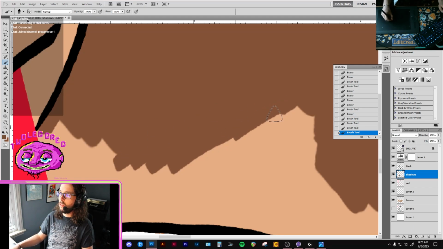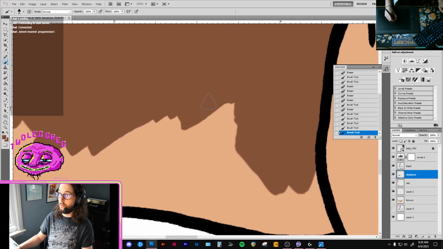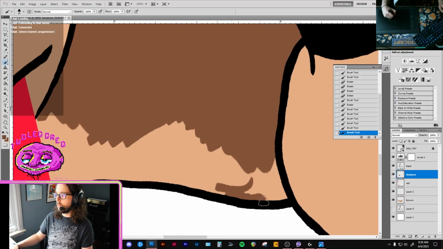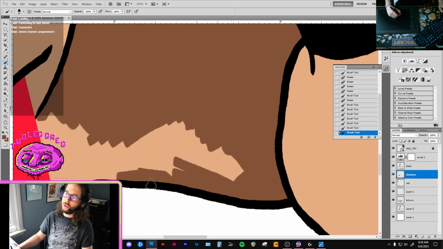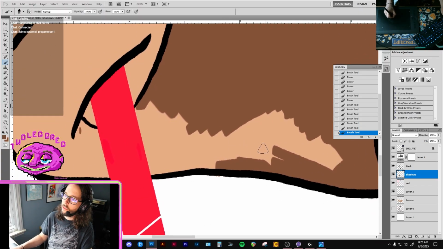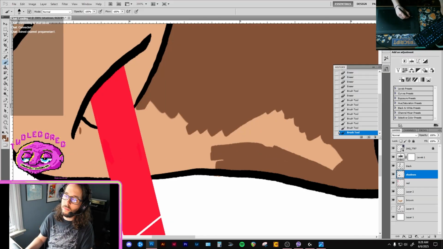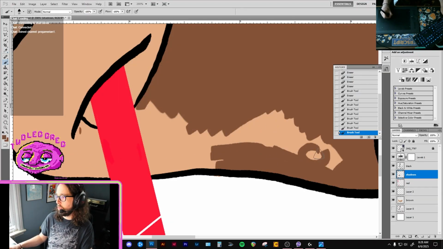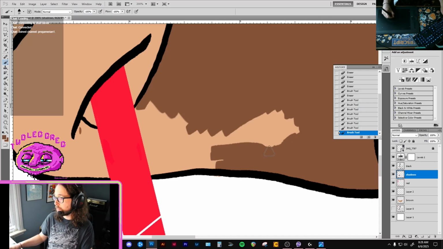Like, I know I learned in art school, you can't always trust your color picker. And that is true, especially if you're pulling stuff from photos like I just was a second ago. It's not really a good way to do color, and you should kind of try to choose them yourself from the, whatever this is called, the color picker. The eyedropper is what I was trying to say. The eyedropper is not reliable.